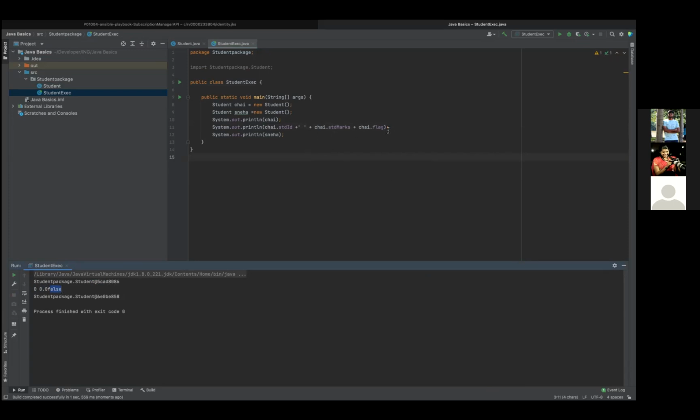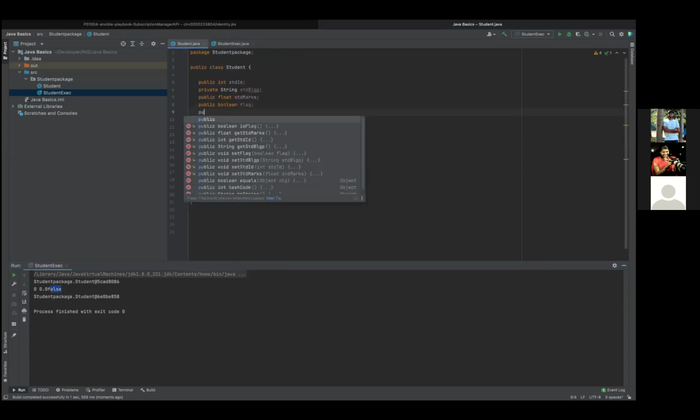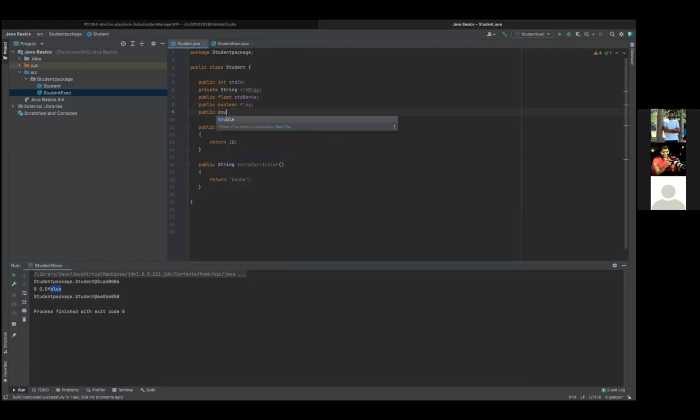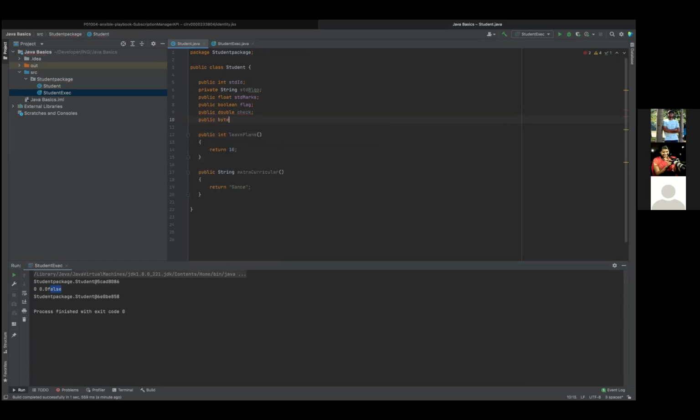Can you create few other attributes with different data types? Yeah, create public double. Okay, go ahead and create public byte, and give just a name as byteStick. Okay. And your variable should always be camel case. If you're trying to create, please make a practice of using camel case. Only then it gets used to you.